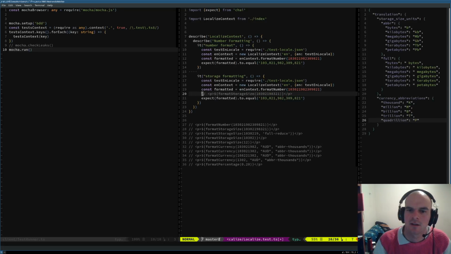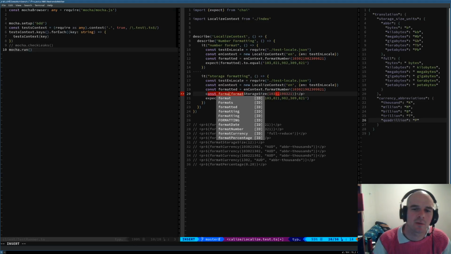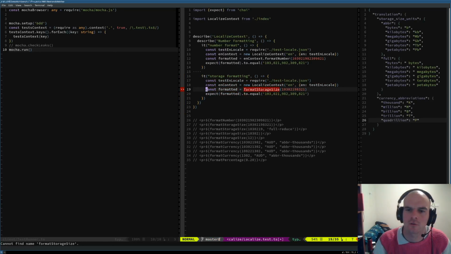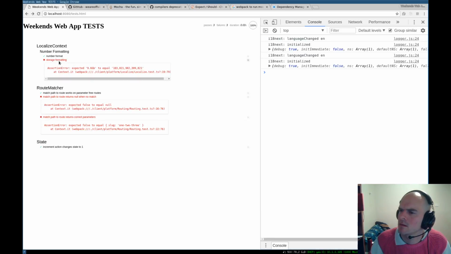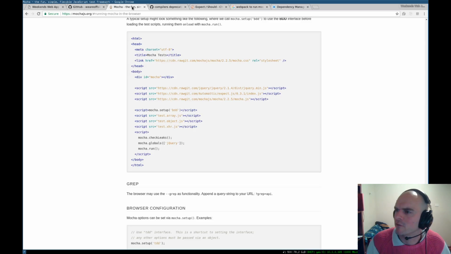We'd have all our lines there, and if ever we change the API, suddenly we have to do an awful lot of work to get it all back into conformance, right? So we want to do something different. So you can see here the storage formatting broke, so you can see our tests are starting to come into shape. But what we would probably want to do is have some sort of before running.